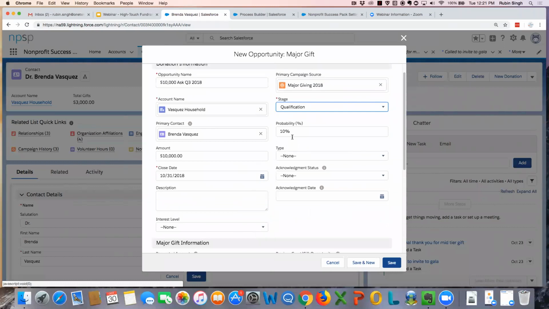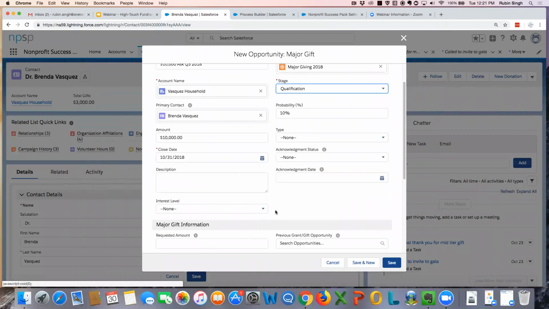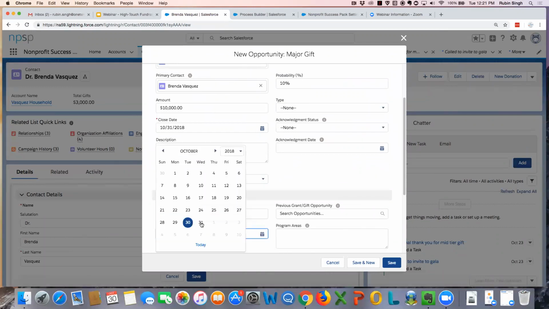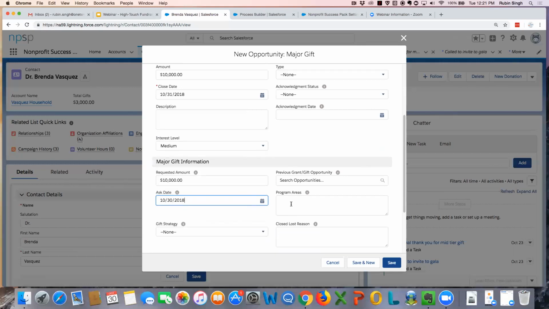Actually, most nonprofits I deal with say, we don't really look at things in terms of probability to close. We have our own classification system. So I created this custom field called interest level: hot, medium, cold. Very simple, but you get the idea that you can create any sort of classification system that you want. So I'm going to say, yes, this is $10,000. I'm going to ask today. I can indicate education areas or program areas that they might be interested in,